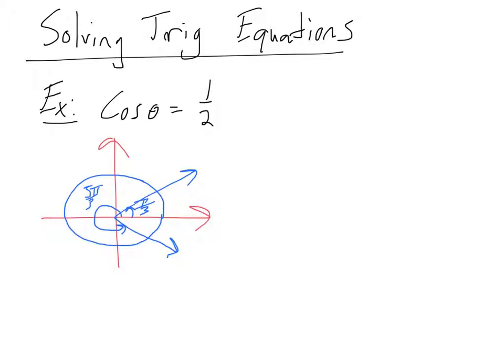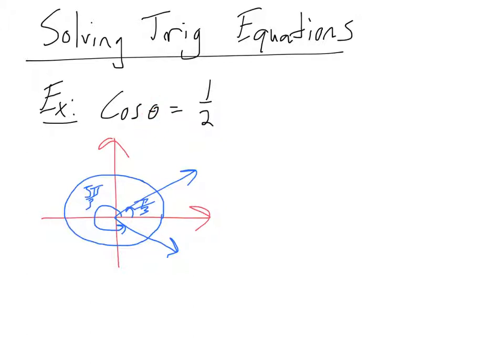All right, so the two angles that are going to give us a cosine of 1/2 are pi over 3 and 5 pi over 3. So those are the only two that are between 0 and 2 pi. So we haven't specified an interval for theta. So if I don't tell you that theta has to be between like 0 and 2 pi, then you have to give me all of the